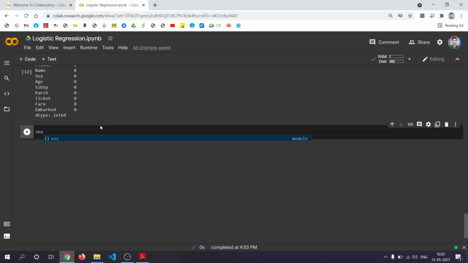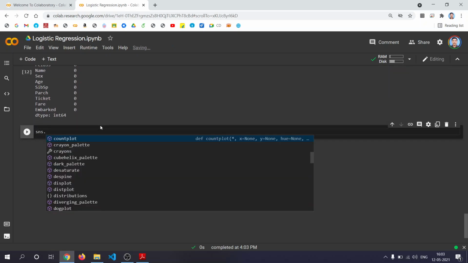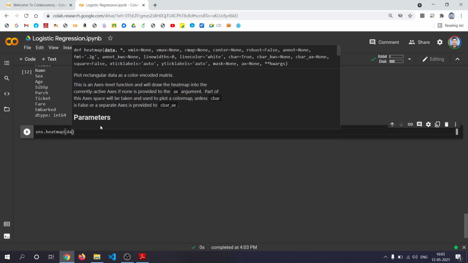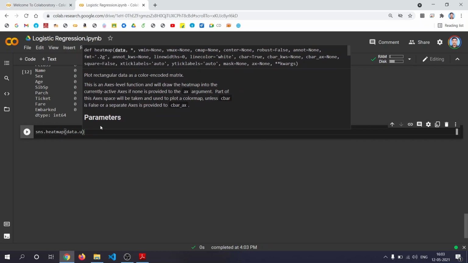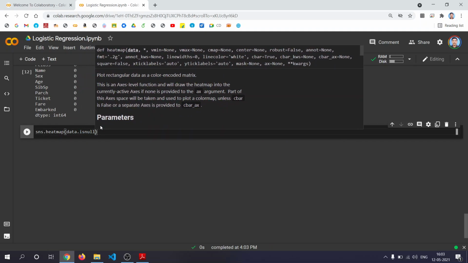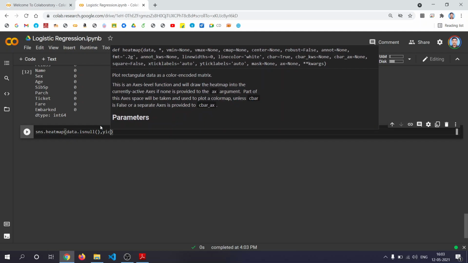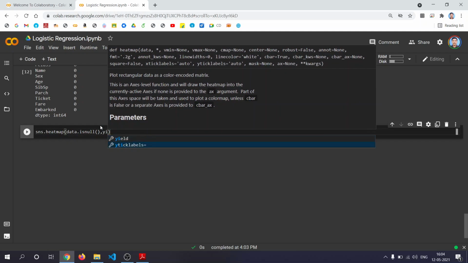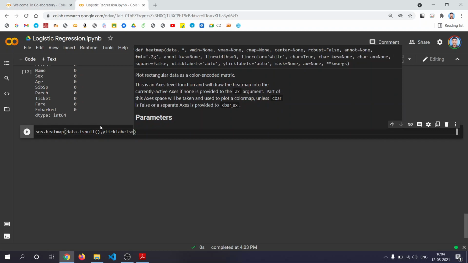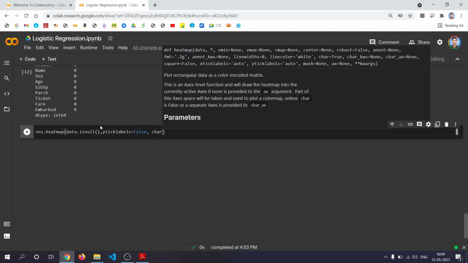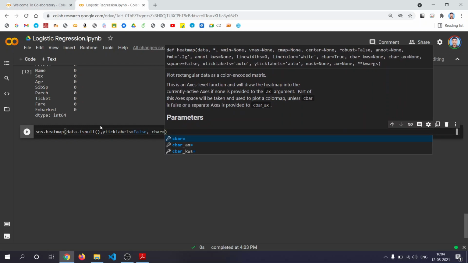Just give a command sns dot heatmap, and then you give data dot isnull, and yticklabels equal to false, cbar equal to false.